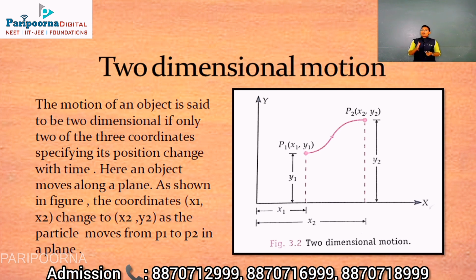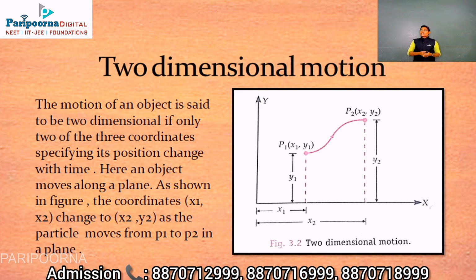The motion of an object is said to be two-dimensional when only two of the three coordinates specifying its position change with time. So in one-dimensional motion only one coordinate changes, and in two-dimensional motion only two coordinates specifying the position change for the object with time. Hence an object moving along a plane